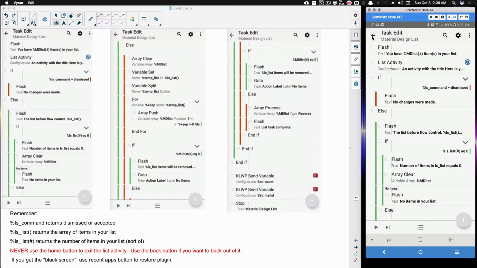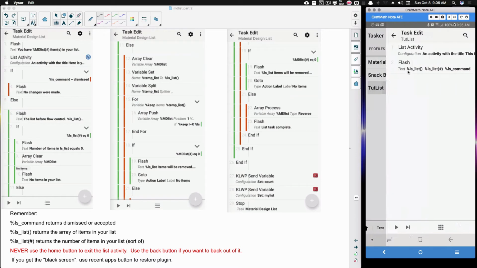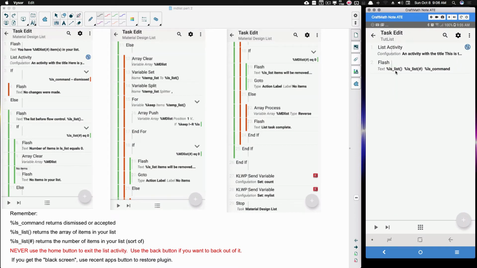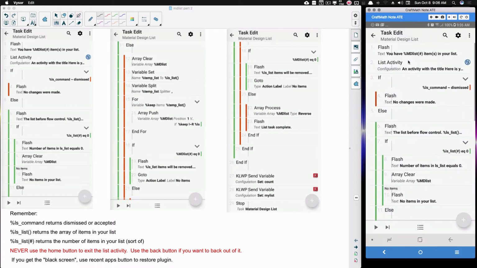well. Now, the Tasker list is the one that I created back in part one, but basically this one here obviously is a lot more. We still have that configuration set up here, and then I have some extra things. Every time we run this task, I have it flashing to me telling me how many items I have in a global variable list. A global variable, notice this %MDlist, and you can see the same thing right over